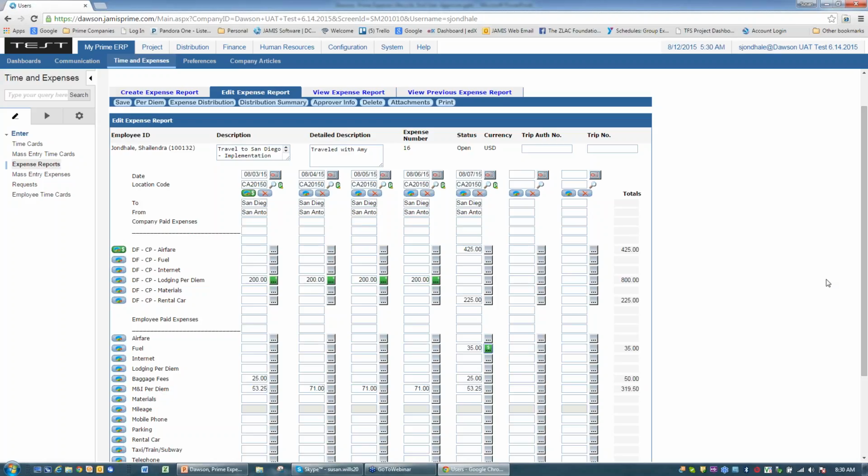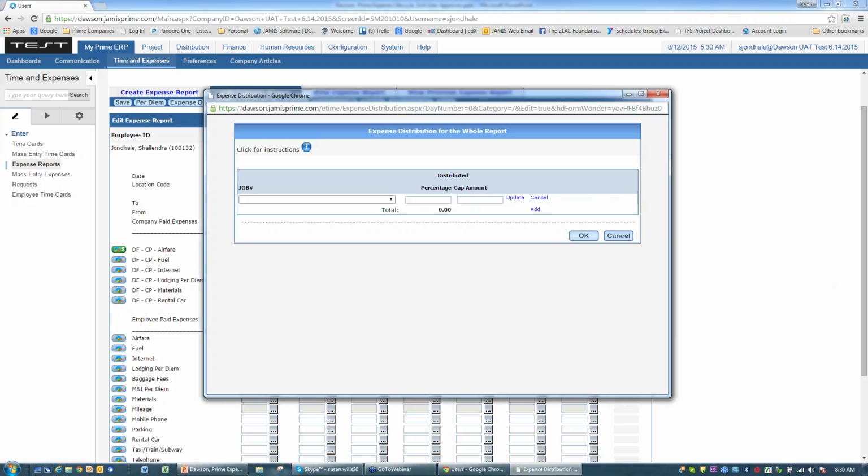But the normal way I would distribute my report is I'd actually go up to the expense distribution. Now, if I was traveling to San Diego, perhaps Shell is traveling to San Diego and this is an indirect expense, he would choose his indirect job and probably distribute it 100%. So what I'm doing right now, because I have 3 sub-level distributions, I am going to distribute 100% of whatever is left